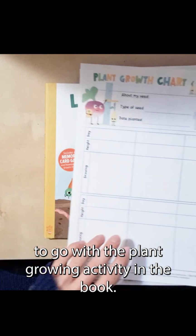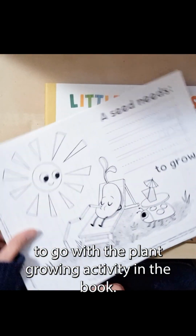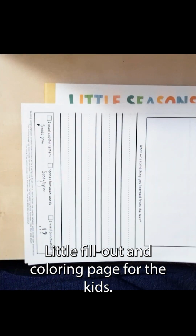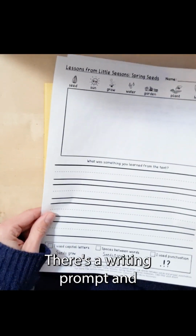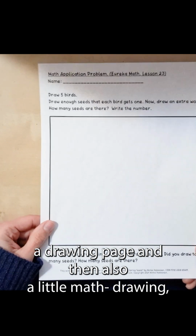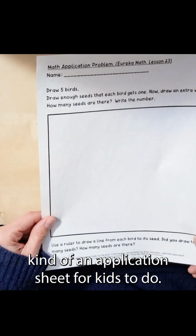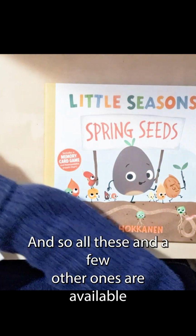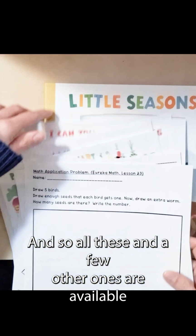a plant growth chart to go with the plant growing activity in the book, a little fill out and coloring page for the kids. There's a writing prompt and a drawing page, and then also a little math drawing, kind of an application sheet for kids to do. And so all these and a few other ones are available